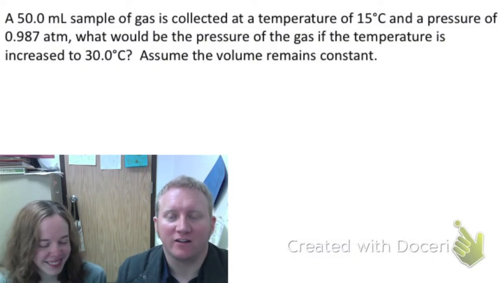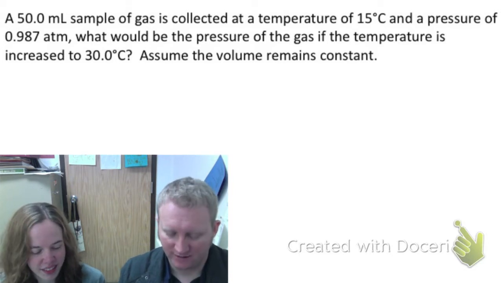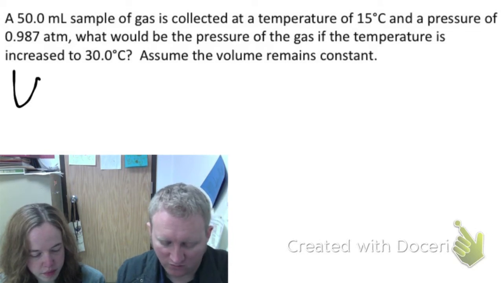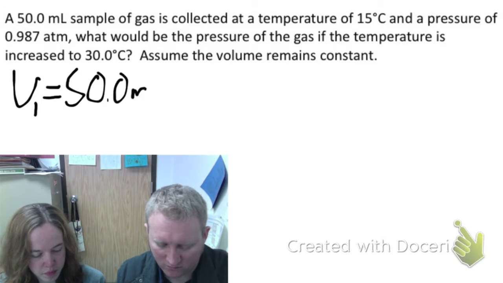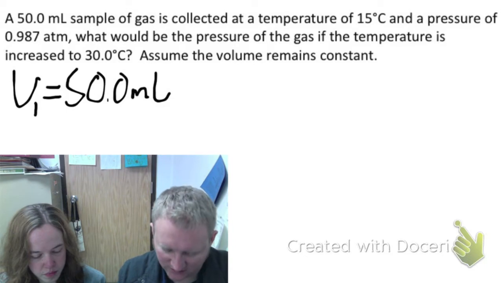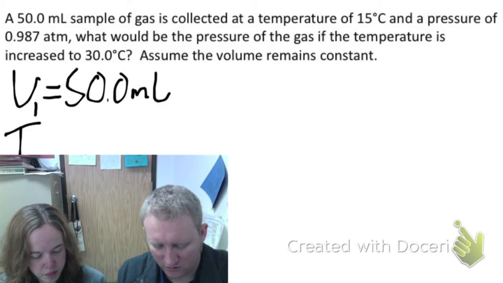All right, you're done. And let's see how we all did. So let's see. A 50 milliliter sample of gas. We said that milliliters was volume. Is collected at a temperature of 15 degrees Celsius. So we said temperature is 15 degrees Celsius, but